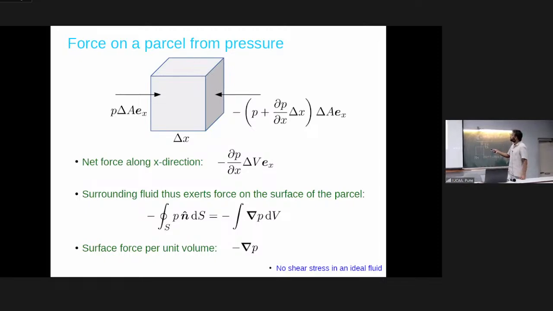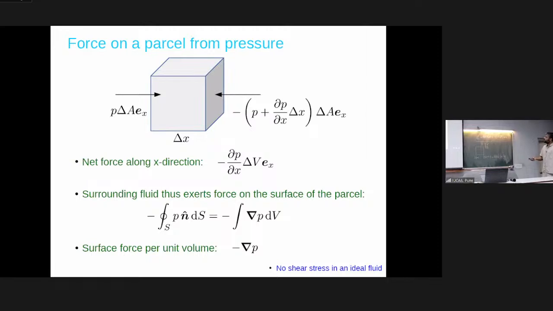So you get this. Now you simply add all these forces. You take a vector sum of the forces on the unit cell, and you get the whole force acting along the x direction, right? We are typically interested in a per unit volume quantity. So del P by del x times delta V, because this delta A times delta x is the volume of the unit parcel. So that's basically my whole force on a fluid element because of the pressure distribution in the fluid. As you can see, if the pressure is uniform everywhere, there is no force coming from the pressure. Okay. That is a bad enough situation.